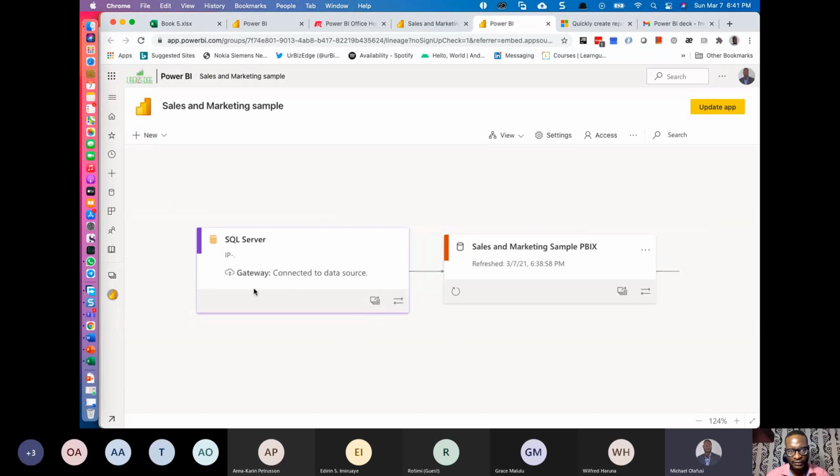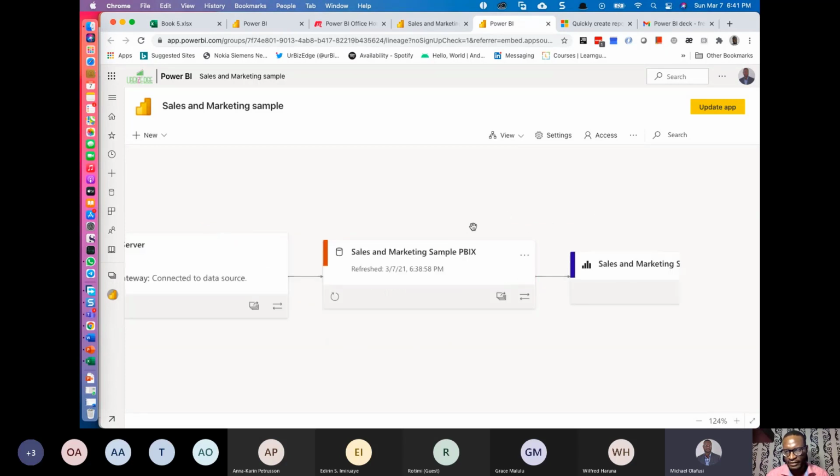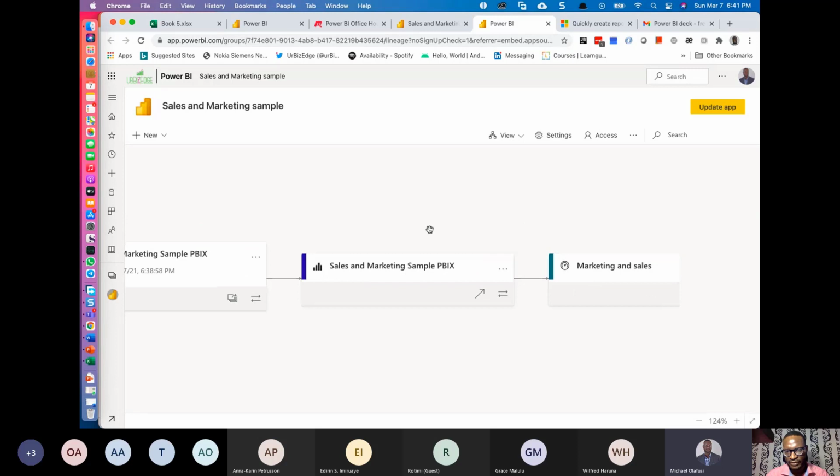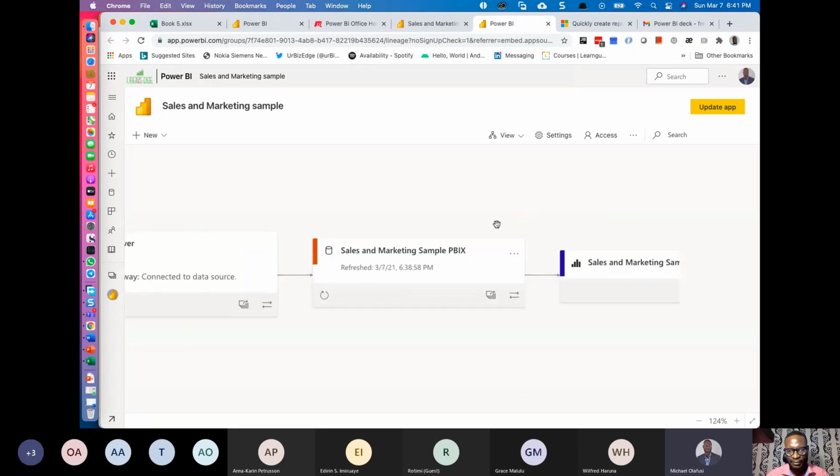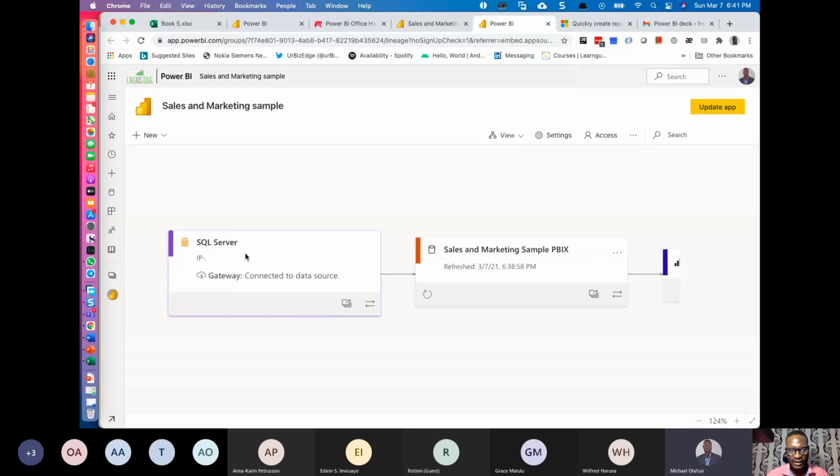So see, it's connected to an SQL, then to a Power BI file. Then this is the report that I'm viewing right now, and then there is a dashboard. But as I can see here, I do not have access to this,